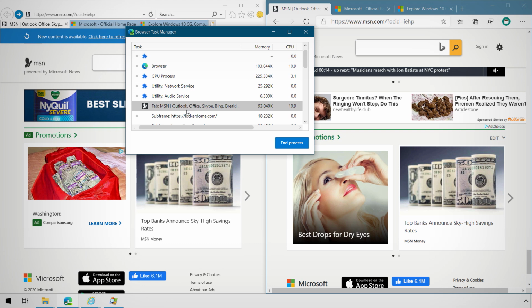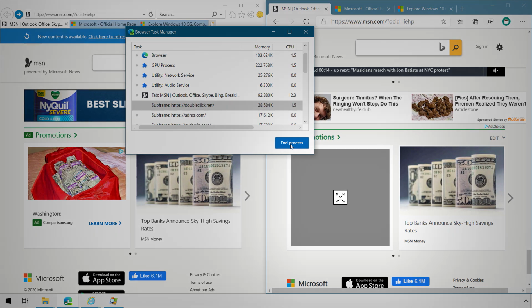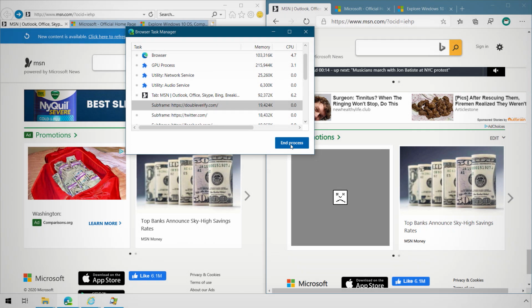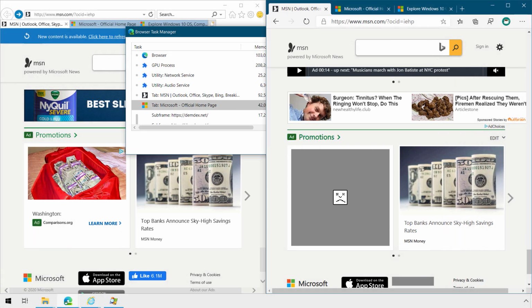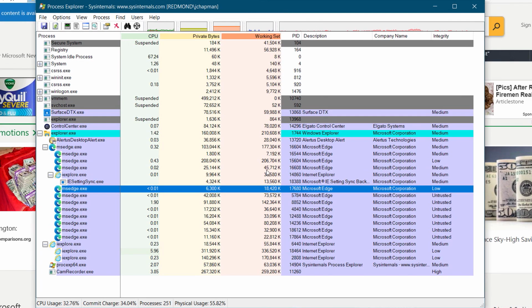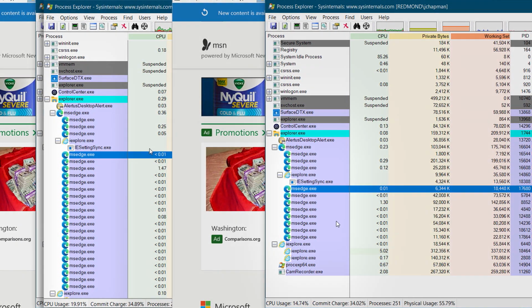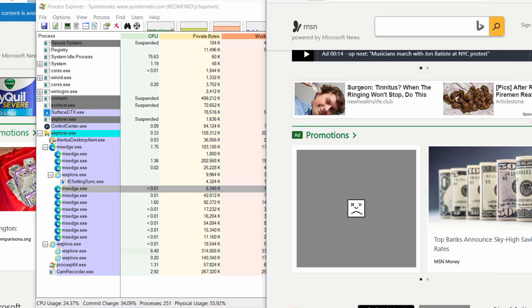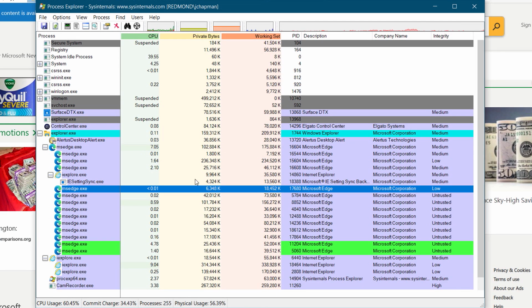and we'll see the processes that are running in the browser. So I'm going to end a few processes here, and you'll see the frowny face iframe appear. And because the processes are completely isolated from each other, they can't talk to each other or affect the stability of the rest of the page. Now, if we go back into the Process Explorer, we'll see a result of killing all these processes in the Browser Task Manager. You'll see here that only half of the processes that we saw earlier are still running.